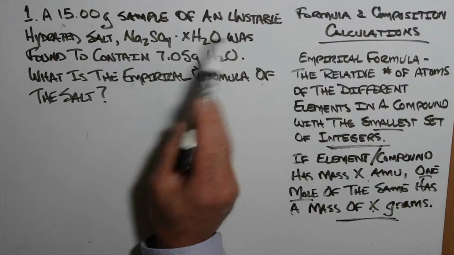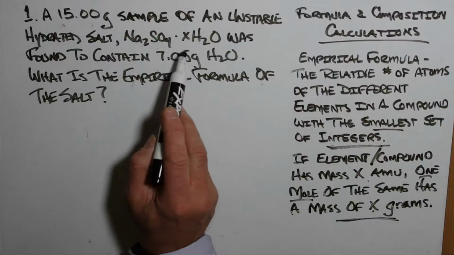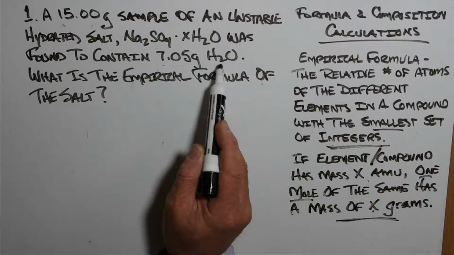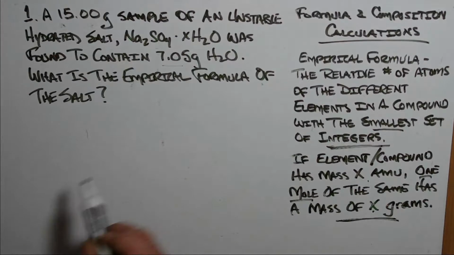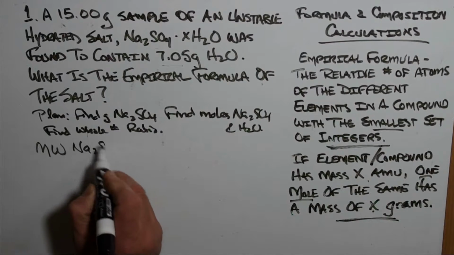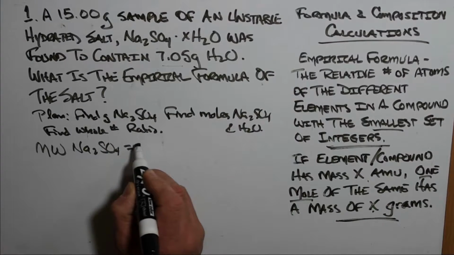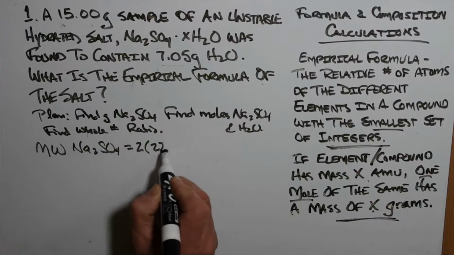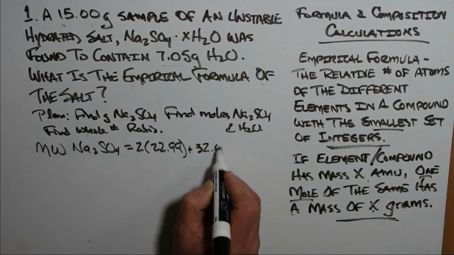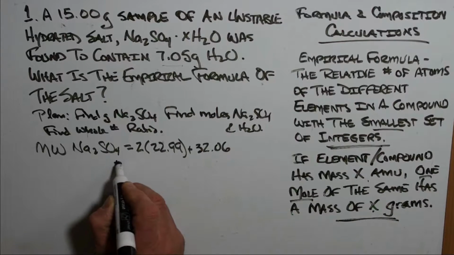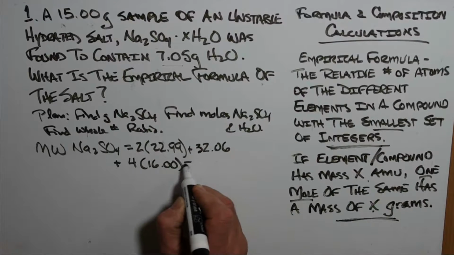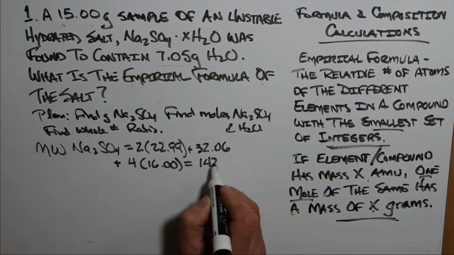The first problem: a 15.00 gram sample of an unstable hydrated salt, sodium sulfate, was found to contain 7.05 grams of water. What is the empirical formula of the salt? The plan: we're going to find the grams of sodium sulfate, the moles of sodium sulfate and water, and then go for the whole number ratio. We'll need the molecular weights of both compounds, so 2 times the atomic mass of sodium plus the mass of sulfur, and 4 times the mass of oxygen will give us the molecular weight for sodium sulfate, which here is